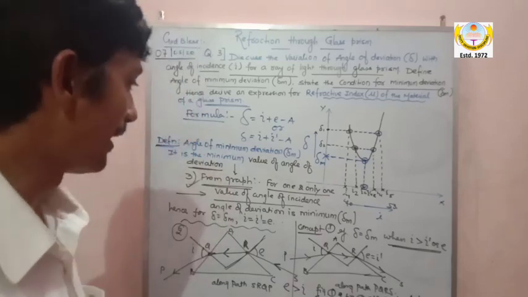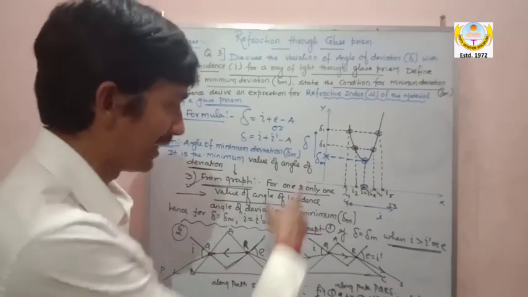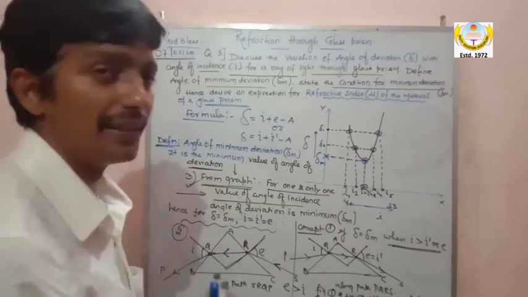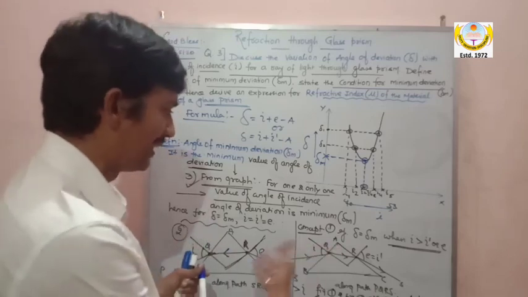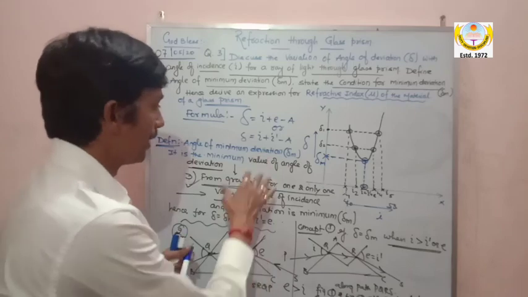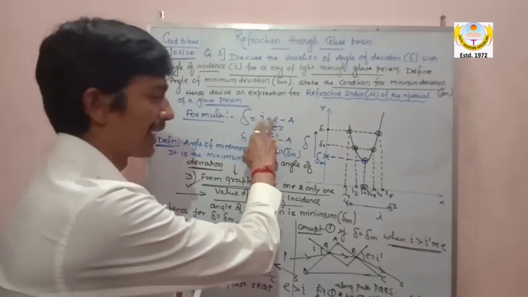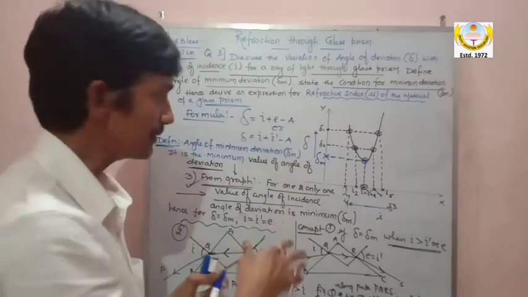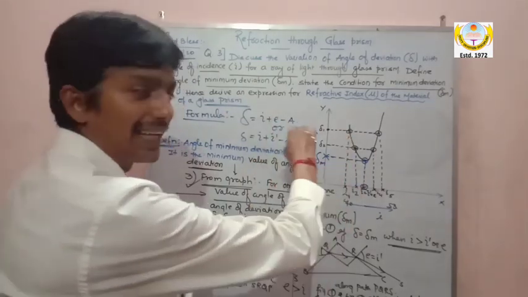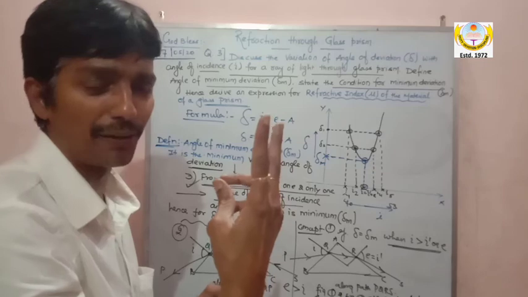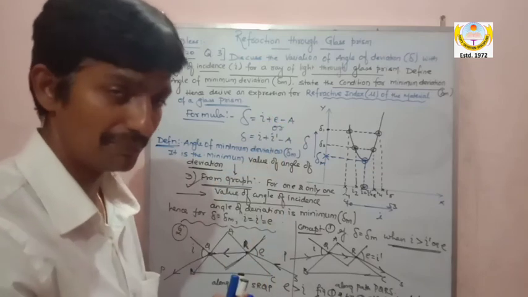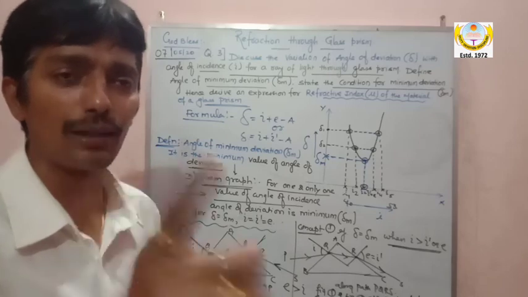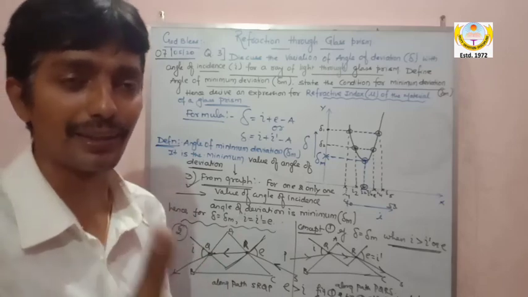So now, my dear, I can write this. Acha, here one more thing. Students should be aware, and in experiment also you can do. So 2-3 points are very important, sir. I and E values are interchanging and delta is the same value. I interchange and delta comes as one same value. That is, for two different angles of incidence, delta is the same. And second, for one value of angle of incidence, one and only one value of angle of incidence, delta is